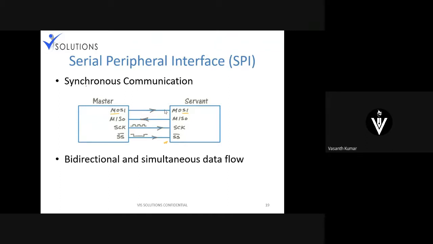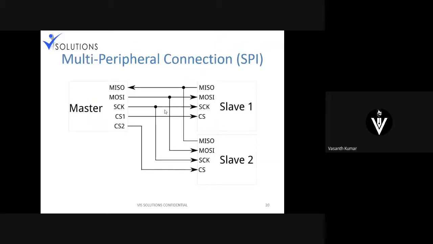Clear? And going further, if you have multiple peripherals for SPI, how this works is, in the master you have multiple chip selects or slave selects. Depending on which, you have to power on either one. Don't try to power on both. So these will usually be digital high and low pins. By default, like UART, by default it will be high.